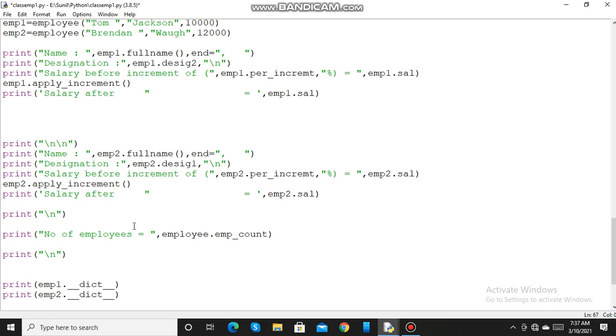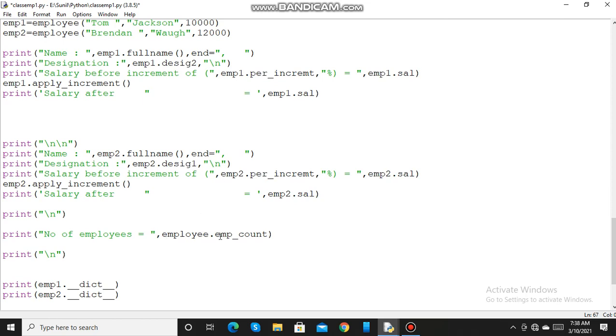Now after that, here I am printing the number of employees. So I am printing employee count. Here employee count is accessed by the class employee. All this time the class variables were accessed by the instances emp1 and emp2.